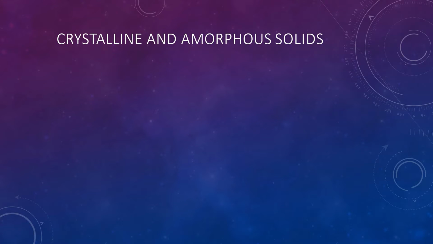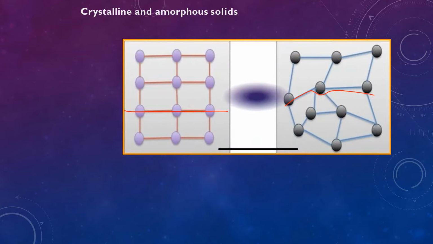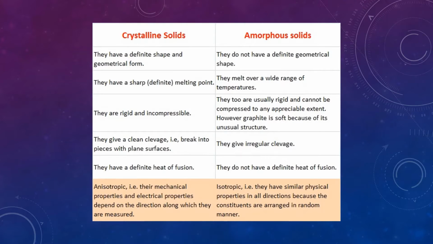After that, we saw that matter exists in three forms, solid, liquid and gas. And solid then exists in two different forms. One is crystalline and another is amorphous solid. This is the pictorial view of how the atoms are arranged, in a regular pattern in crystalline and in random order in amorphous. Based on this arrangement of atoms, they also possess different physical properties. This is another pictorial, or microscopic, view of a crystalline and amorphous solid. And this is the difference between crystalline solid and amorphous solid.